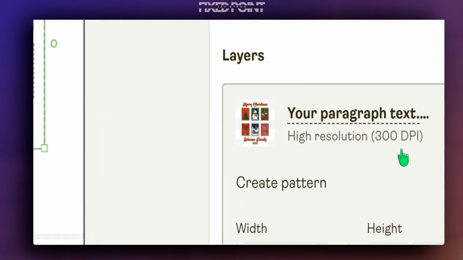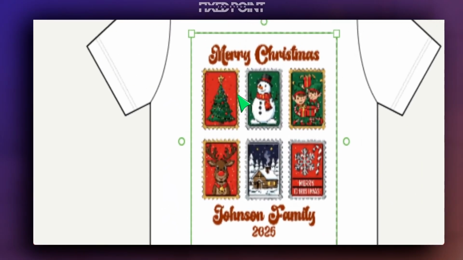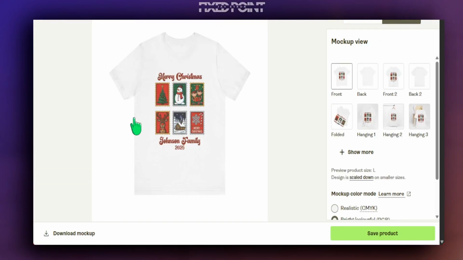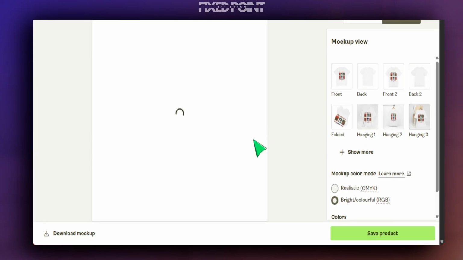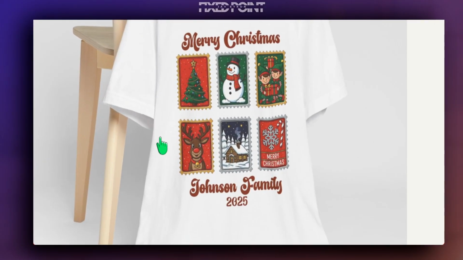You can see we have a very good DPI quality here, which means we have a very sharp and crisp print when this is printed out. Again, we can change the color variations here, but I think this is well just to sell on a white t-shirt. We can see exactly how this looks, and I think that came out extremely well. Again, we can utilize some mock-ups from Etsy to make this stand out even more,